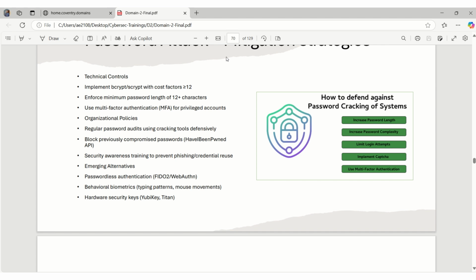How do we defend against password related attacks? There's a common number of approaches that we can use. We can actually start by increasing the length of the password beyond 8 characters, for instance. We can also make the password complex. By making a password complex, what we're saying is the password now has uppercase letters, lowercase letters, numbers, and special characters put together. We can limit the number of login attempts to say 3 or 5,